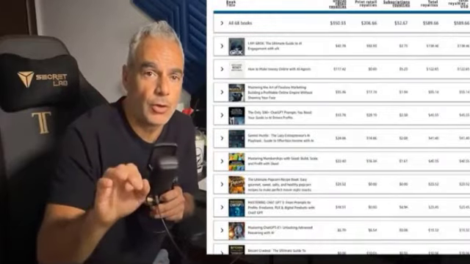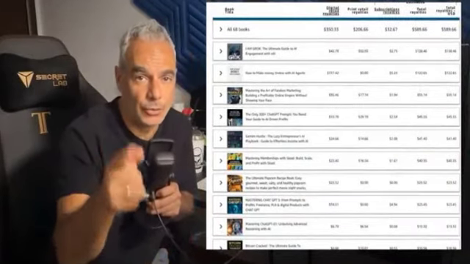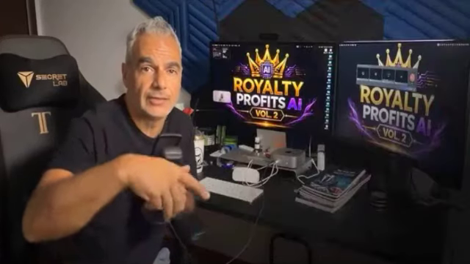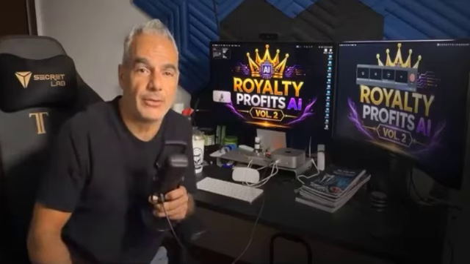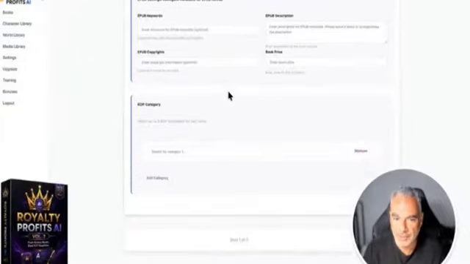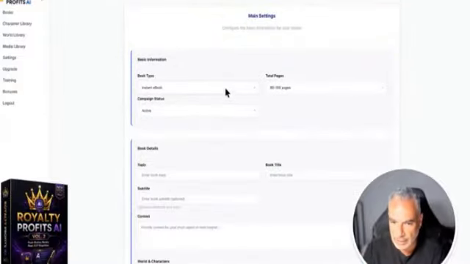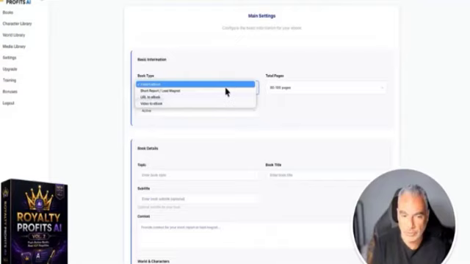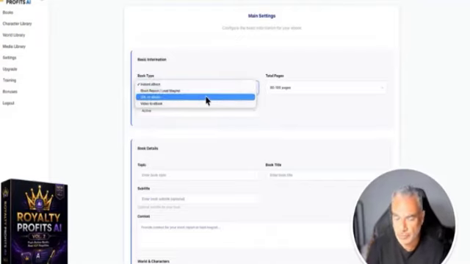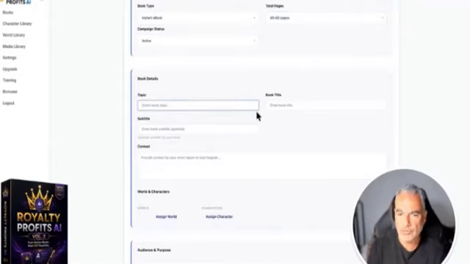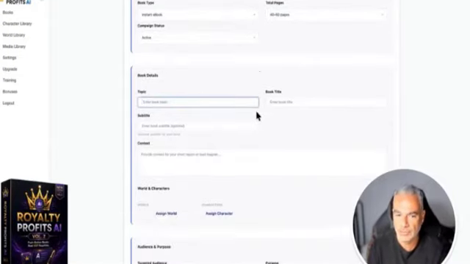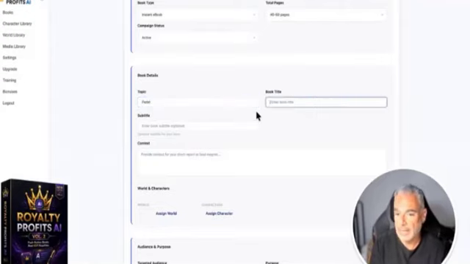Now, I wanted to show you a quick demo of how this works and how you're going to be creating your first book in the next few minutes once you're inside Royalty Profits Volume 2. So follow me and let's check it out real quick. In this part, this is what you're going to be seeing. It's very easy to set up, very quick to do. You can choose an option of doing a short report, lead magnet, URL to ebook, or video to ebook. For the book topic, you're going to have to find a topic that you'd like to do. So let's say we want to do something in Padel, and I'll name it Mastering Padel as a Newbie.